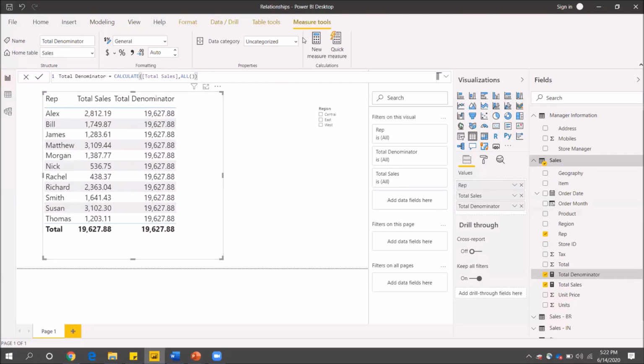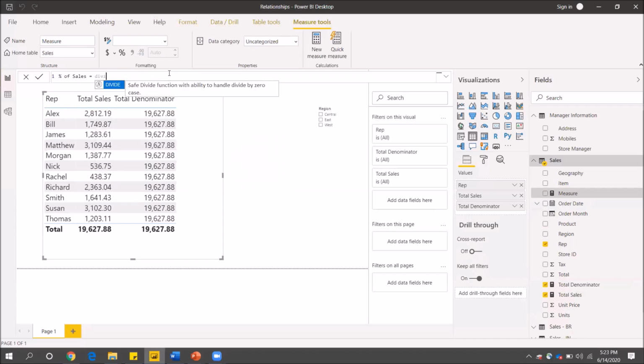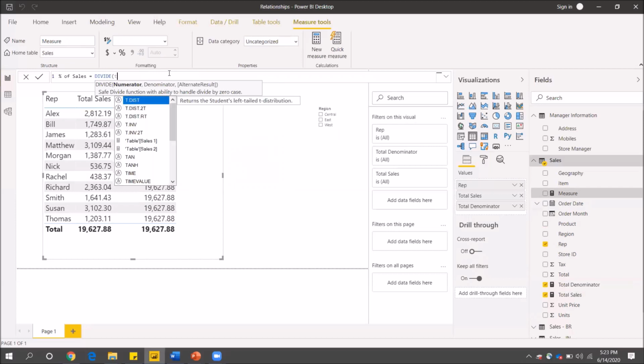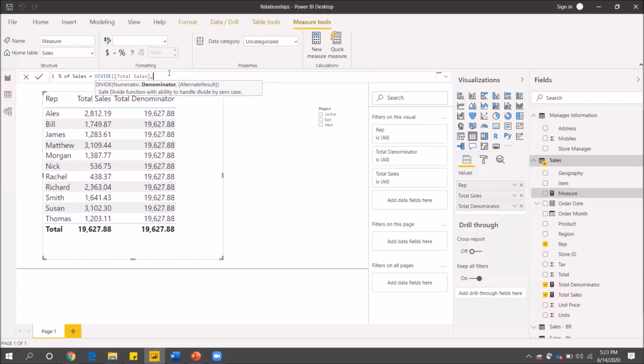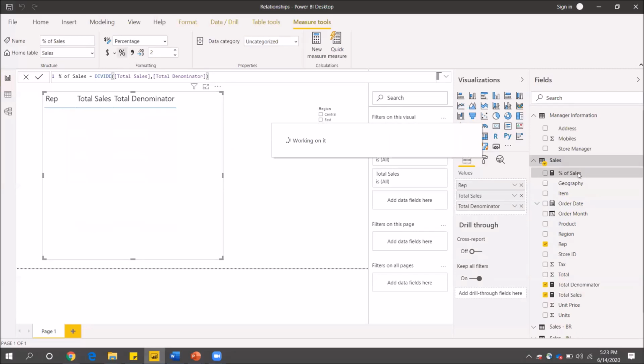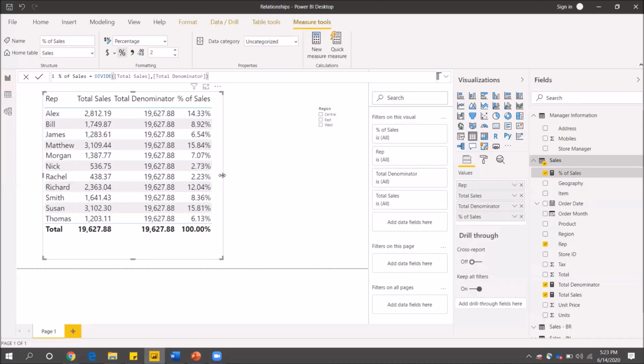Now it becomes easy for me to create a new column which will give me the percentage of sales made. Let's say I'm calling it Percentage of Sales, and here I'm using a DIVIDE function. My numerator is Total Sales and my denominator is Total Denominator, and I'm converting it into a percentage and just dragging it over here.